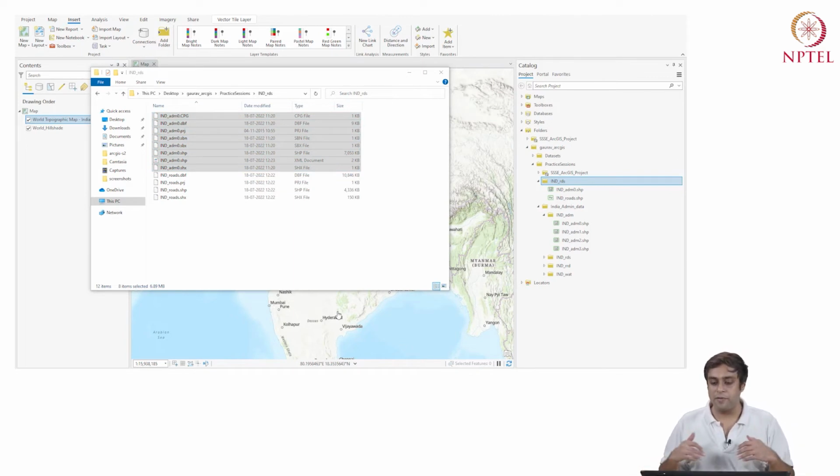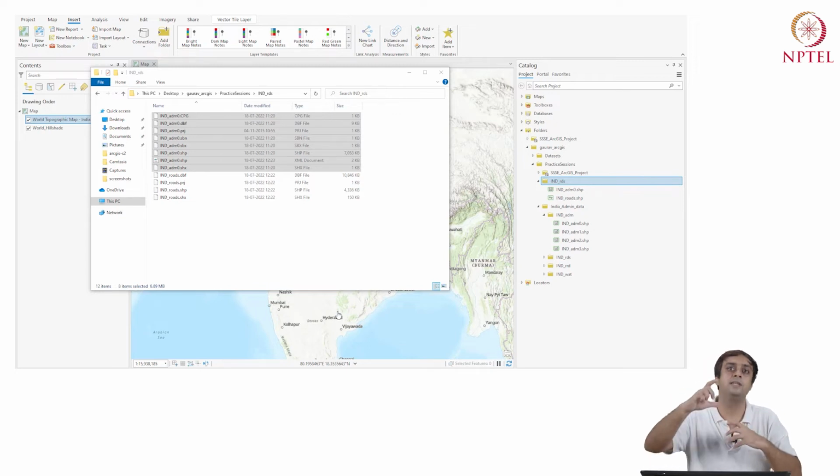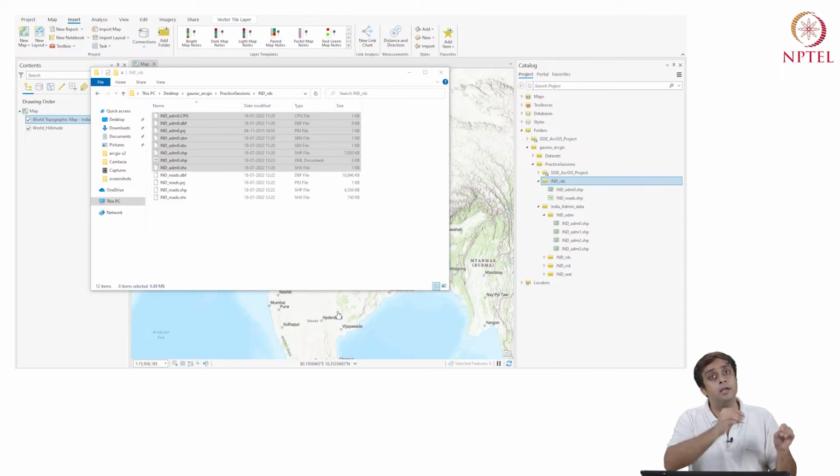All right. So now that we have learned that, the utility of Arc catalog really is that we can move files as full packets from one location to another. In physical folders, I'll have to manually select and make sure nothing is left out. If anything is left out, the whole packet becomes useless because it may not then project these things, right? If you don't bring the projection, it doesn't know what to visualize, where to put the coordinates. If you don't bring the CSV, it will not have the data that is embedded, right? So the best practice is to always move spatial data from Arc catalog and not physically, right? So that's knowledge set number 1.